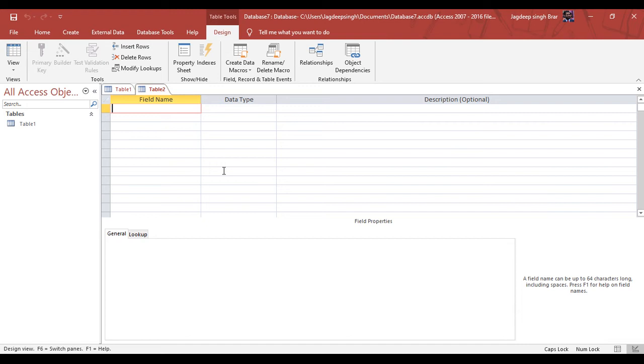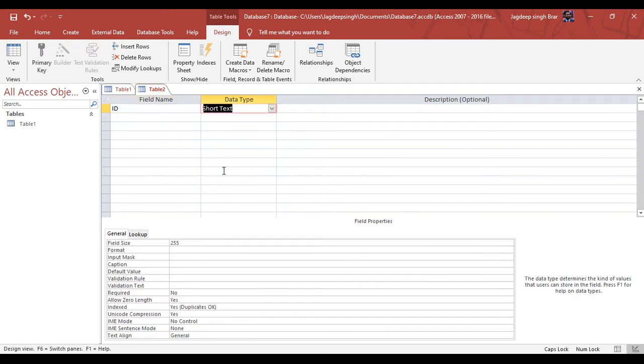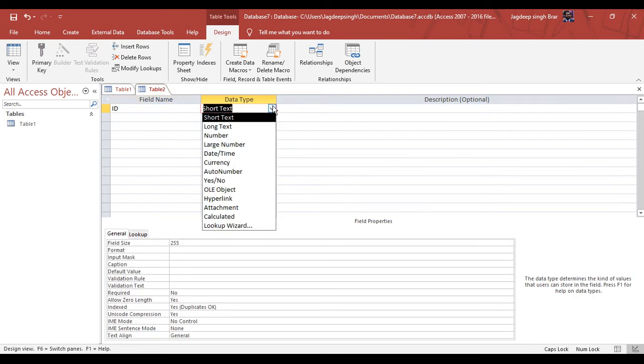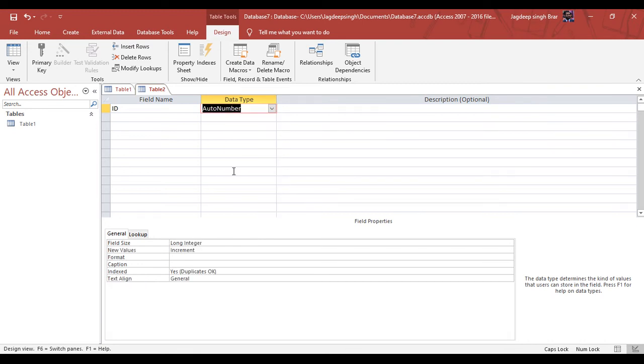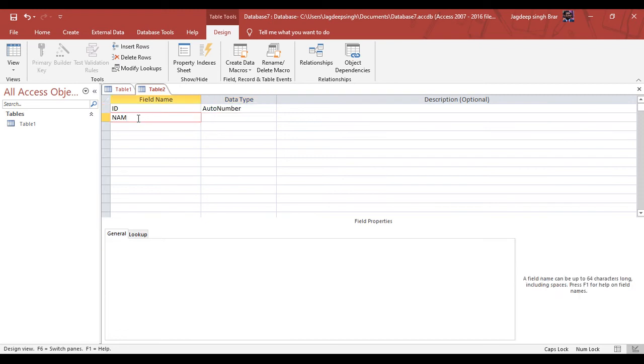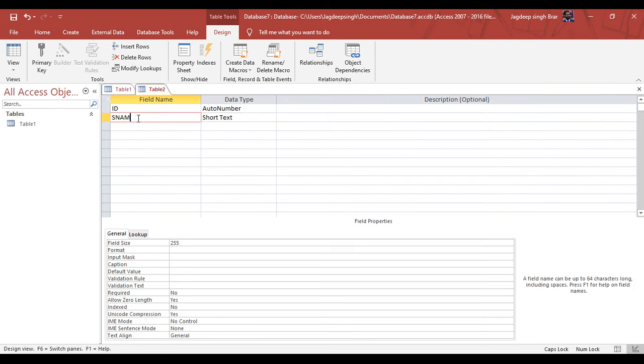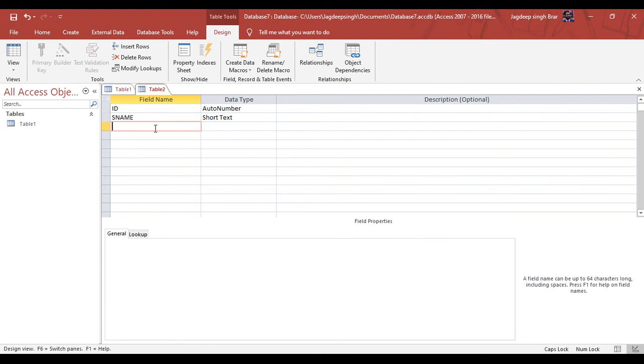First of all, we are going to start with the first, like ID as a number. Second is student name as a short text.